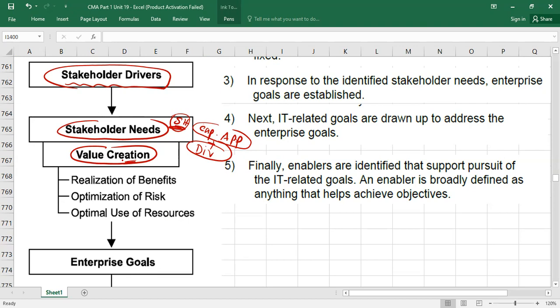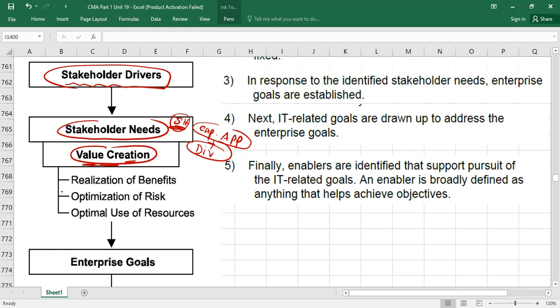Understood? Okay. So value is created always whenever your benefits are more than your cost, or simply when your revenues are more than your cost, it means value is created. It means you are in profit. Understood? So what is value creation? When benefits are more than your cost. So that is called value creation. Okay. To create the value, guys, I'll link, don't worry. First, let me explain the terminology.